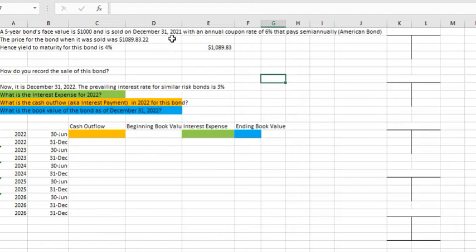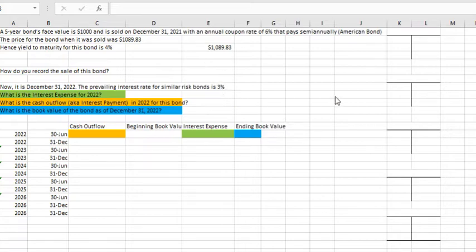It's sold on December 31st, 2021. The annual coupon rate is 6%, that is paying semi-annually. The price of the bond is $1,089.83. The yield to maturity is 4%, and we are going to start by recording the bond